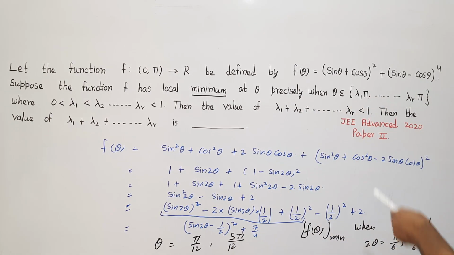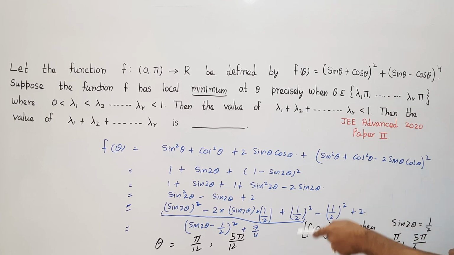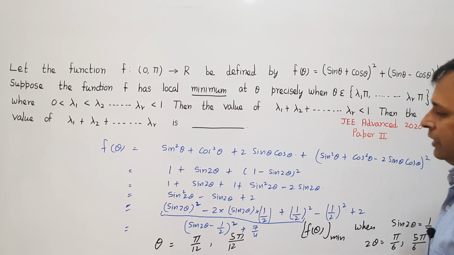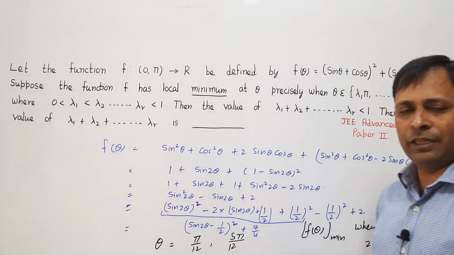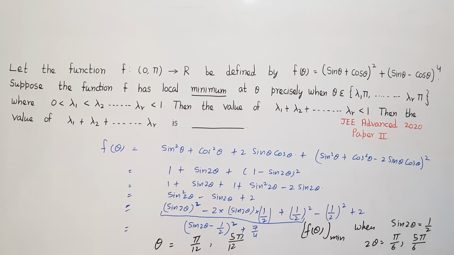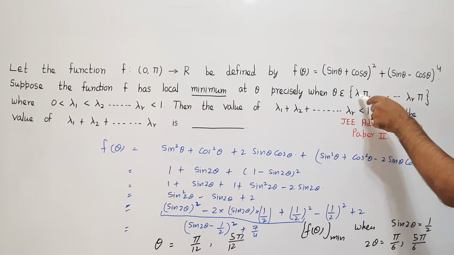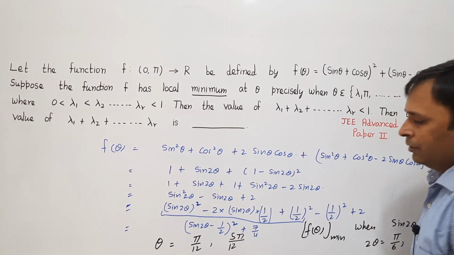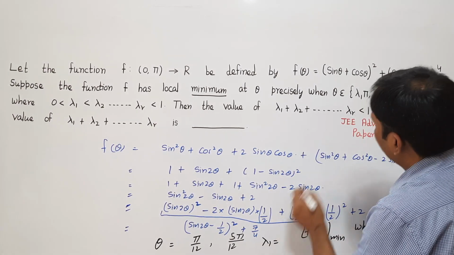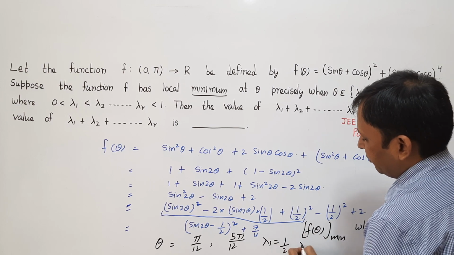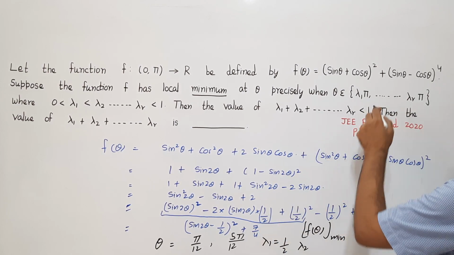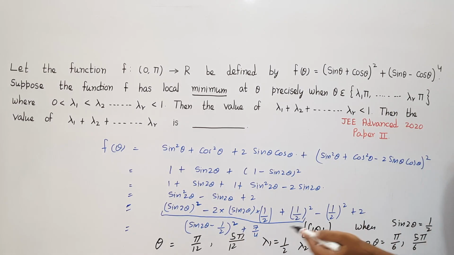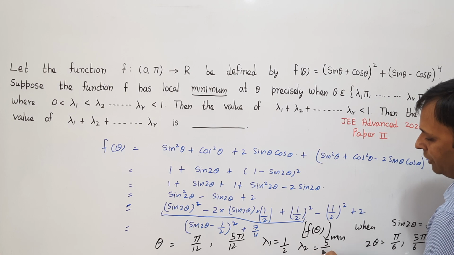So if I am comparing with these values, I am supposed to get r values of lambda, and here I got 2 values of lambda, that means r is equal to 2. And what are the 2 values of lambda? Comparing with lambda 1 pi, I will get lambda 1 pi equal to pi by 12. So the value of my lambda 1 will be equal to 1 by 12. What will be the value of lambda 2? I will compare it with lambda 2 pi. So lambda 2 pi is 5 pi by 12. So obviously lambda 2 will be equal to 5 by 12.